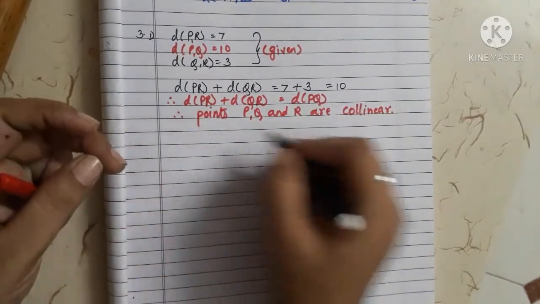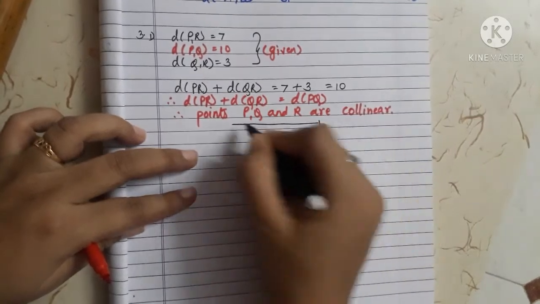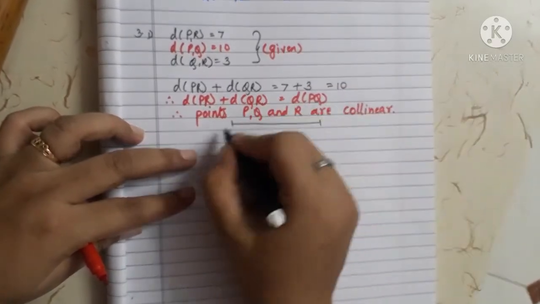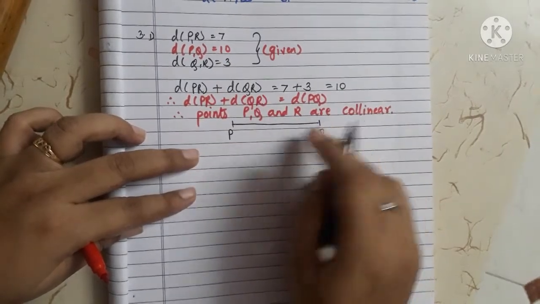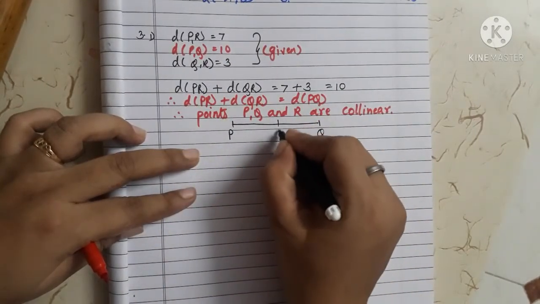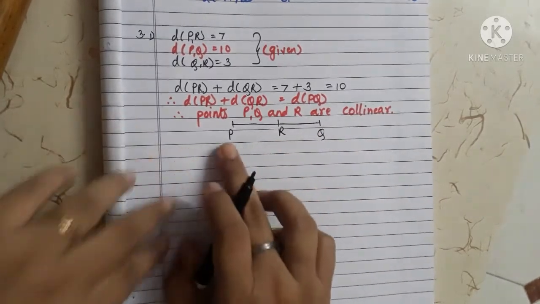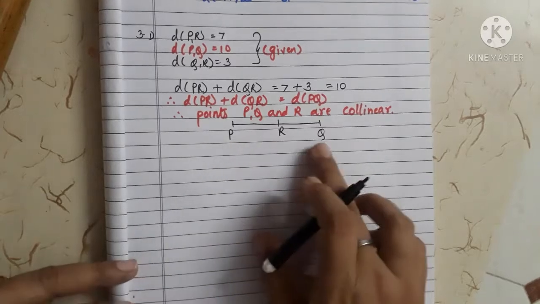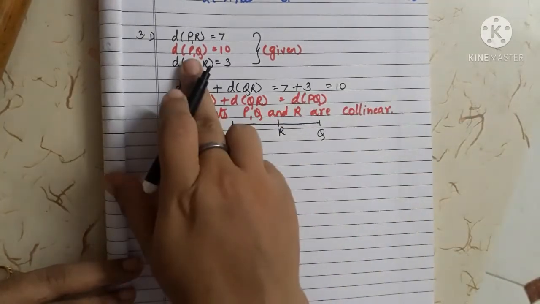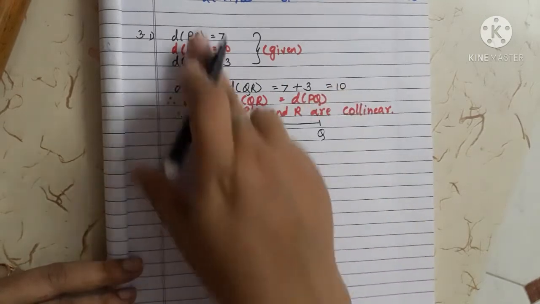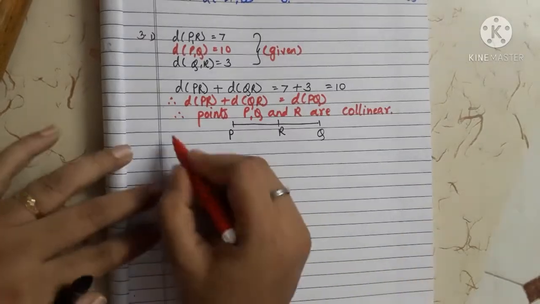You can draw and check also. See, I will draw and show you. The total distance is 10. So here P and Q. So therefore what is remaining now? R. So R will lie anywhere in between this. No need to draw the diagram. For your understanding, I have shown here. You can directly write down PQ is the largest distance. So the next point, that is R, will lie in between them. So you will write here